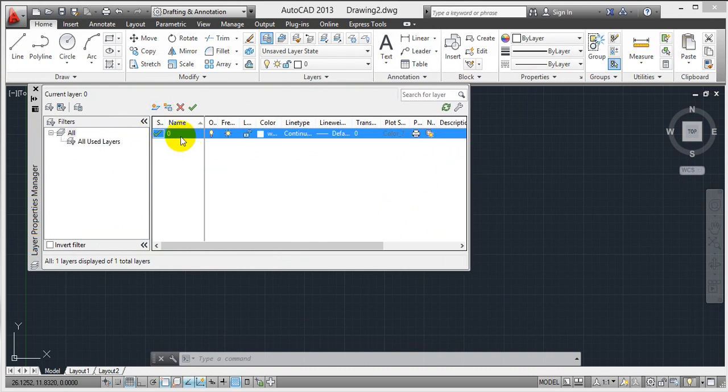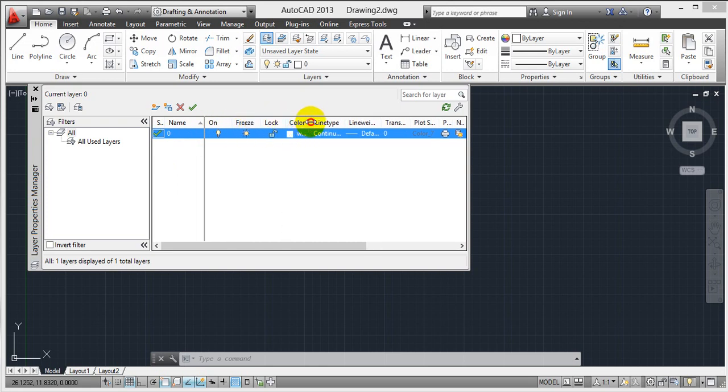In layers you have to keep a name here. For example, you are from the civil department, so civil has walls, bricks, windows, doors, etc. These things we can write as names like this. By default we have one layer only, and a layer contains a name.